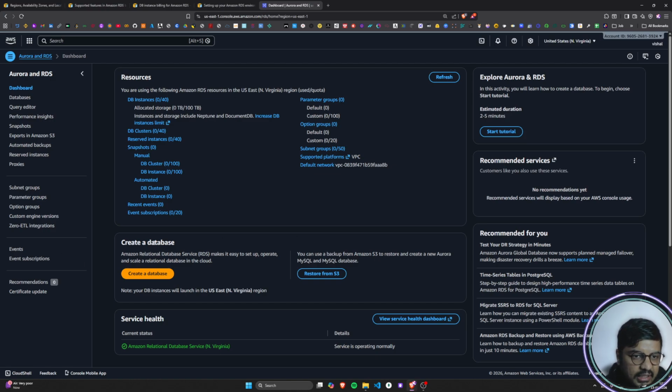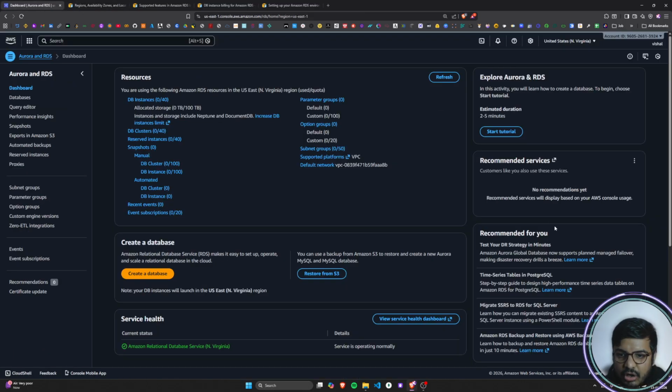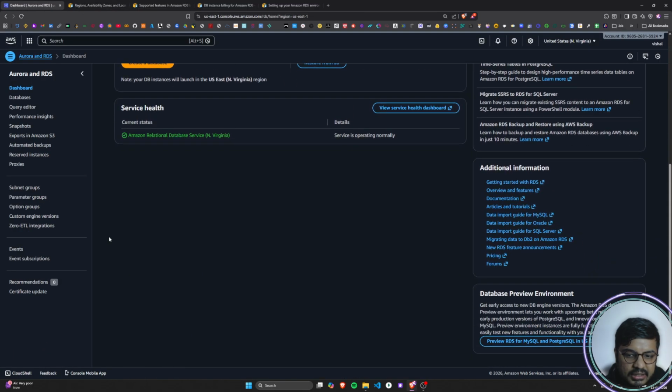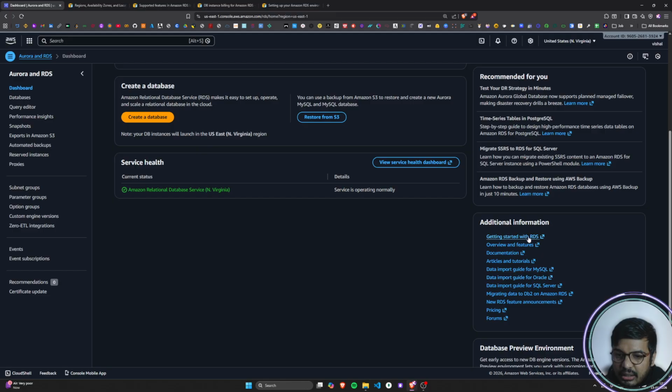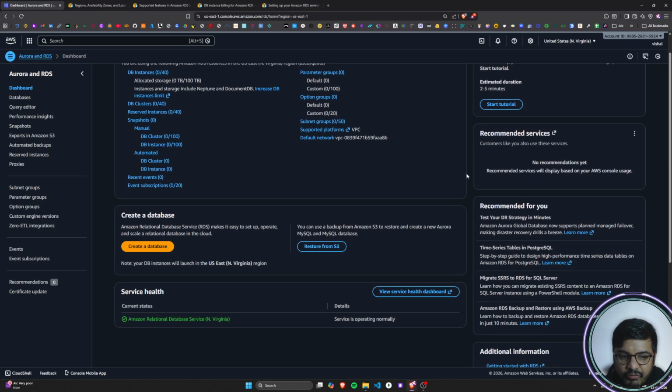So what I will do is, before going to our dashboard, I will first of all open the documentation itself. I hope all of you are aware of where we will find this documentation. If not, you can just click on this particular link. If you have opened your management console, and if you are in your